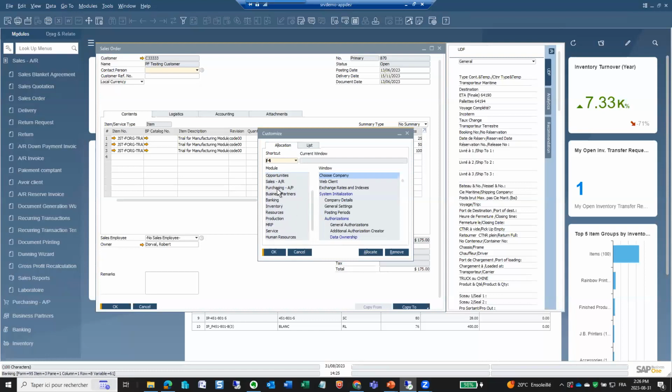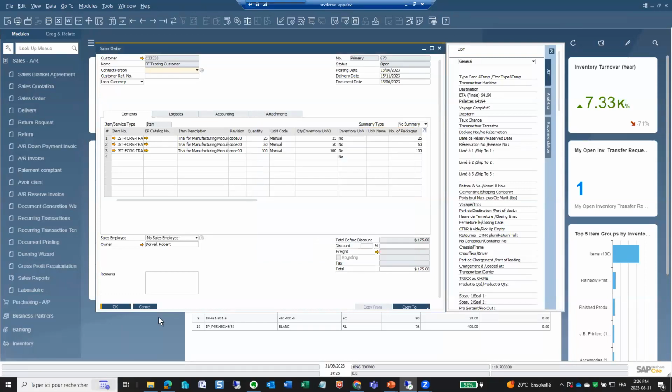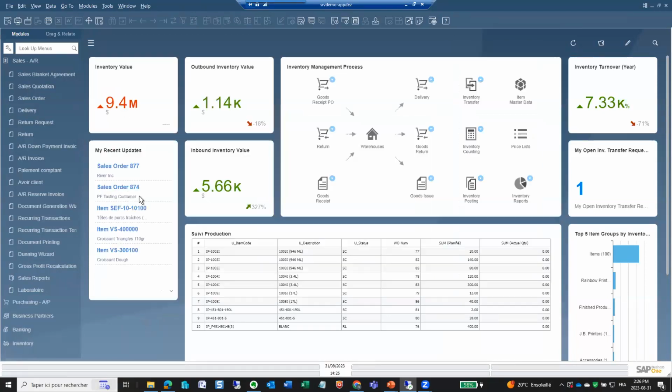Just want to find it. It's on the, like here. Okay, and then F4 on my keyboard will be the combination I need to open a sales order. So from there, if I do F4 on my keyboard,